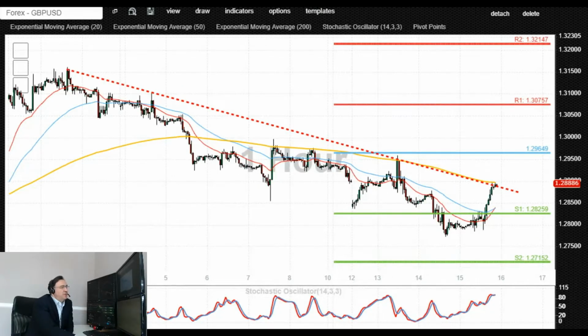This is the price action for cable, sterling dollar. Sterling dollar yet again appears to be under pressure with a sequence of lower highs. The price action is coming to the 200 period moving average at the psychologically important 1.29 level. In the past, we had breakouts occur in cable after a sideways consolidation or deeper retracements. Only a confirmed breakout and end of day close above that 1.29 level could potentially cause the price to spike higher,